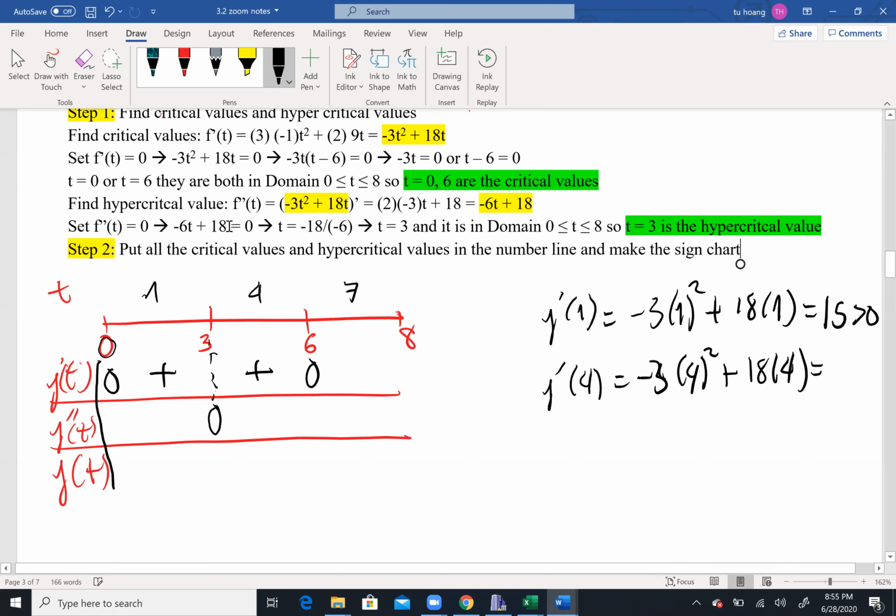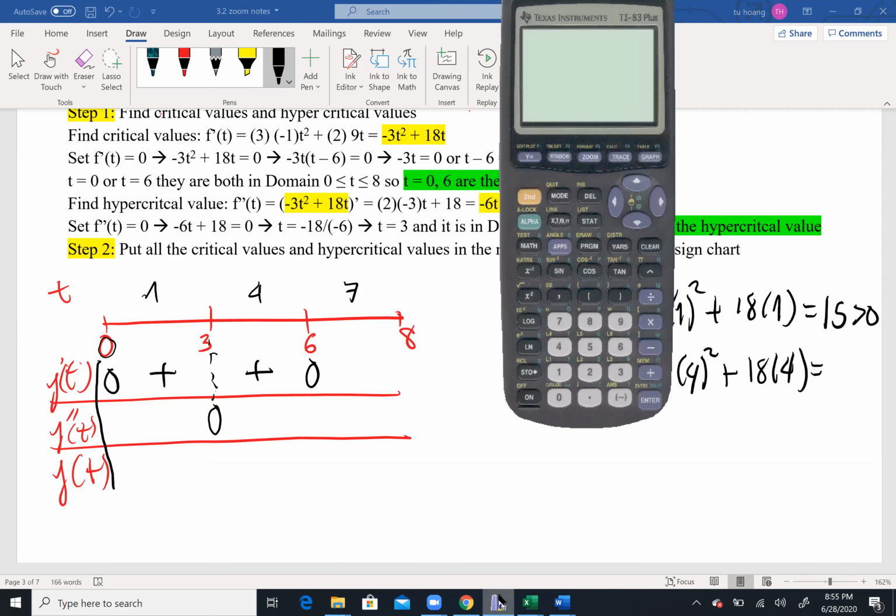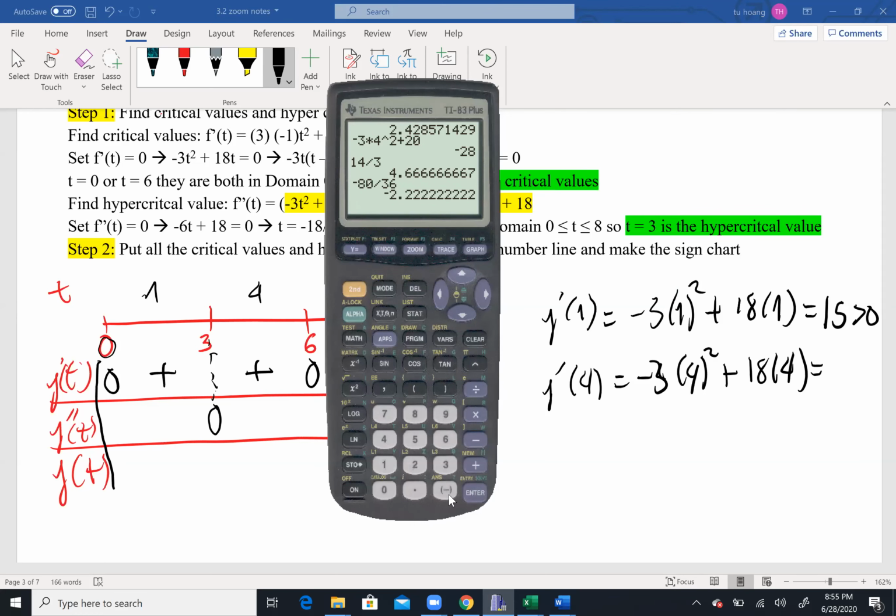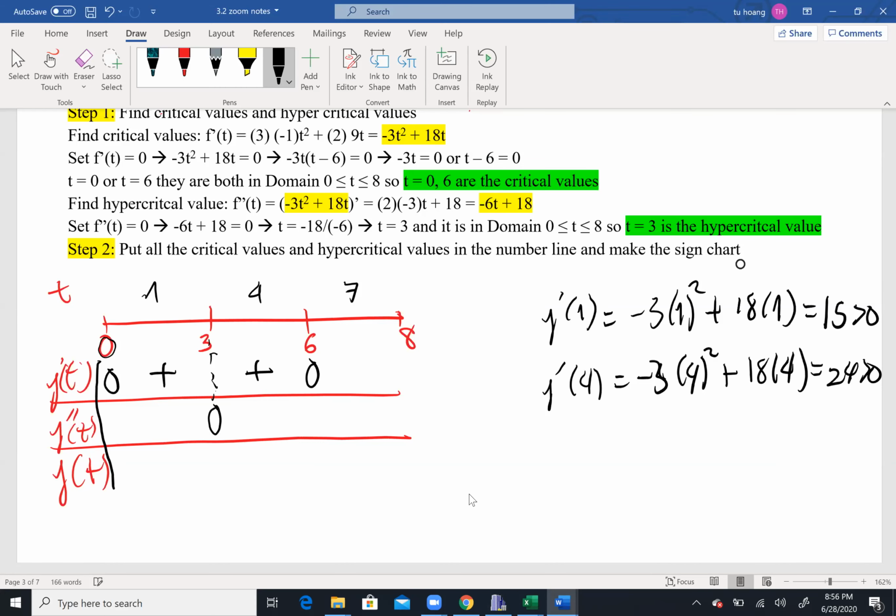I'm going to use my calculator here. -3 times 4 squared plus 18 times 4. You're going to have 24, which is also greater than 0. So then